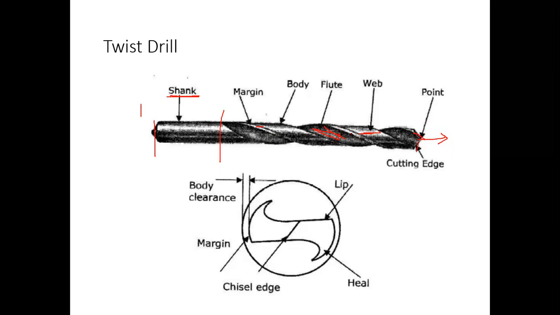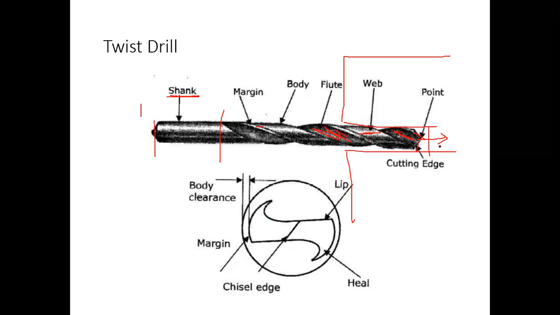And the main purpose of this groove is to remove the chips, because your complete workpiece is like this, right? Whatever excess material comes in has to have some passage to go out in the form of chips. So we use flutes. The main purpose of these flutes is to remove the chips, and if required, coolant can also be supplied through this. So the main purpose is this only.